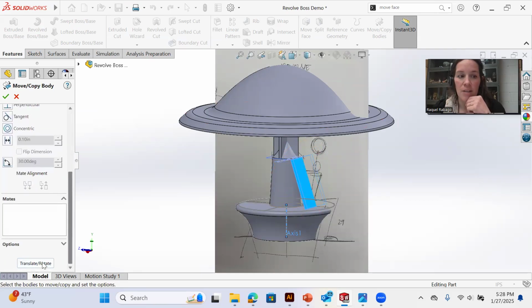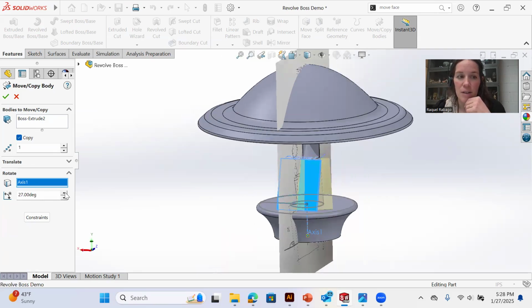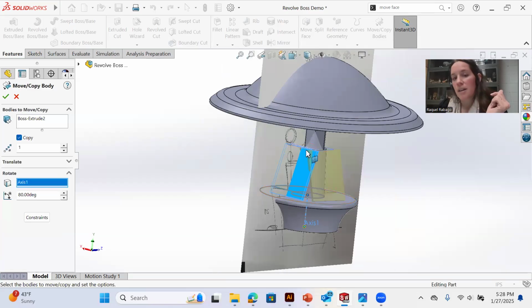And a couple different things you can do here. You can define, translate or rotate. Okay. I do want to copy it. Axis 1. So you can copy it by a number of degrees. And for this one, let's see, you can kind of just push this up arrow until you can see. Now you see the problem we might have before was it was